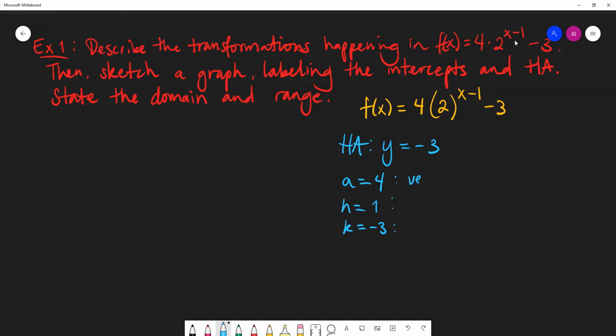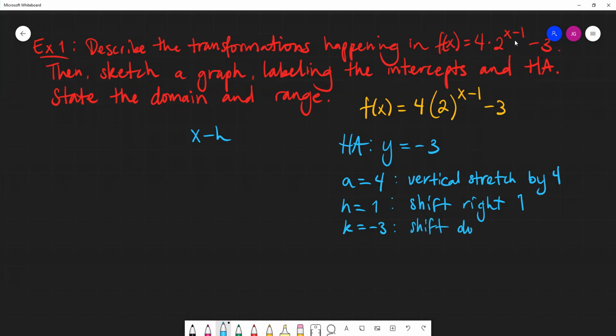A equals 4, that's a vertical stretch by 4, right? It's a stretch because it's bigger than 1. H is equal to 1, that's a shift. It's positive, so it's right 1. Here it's x minus 1, so since that matches up with the form, which is x minus h, h is exactly 1. And then lastly, -3, that's a shift downward, so down, oops, I skipped a letter, down 3. Okay,